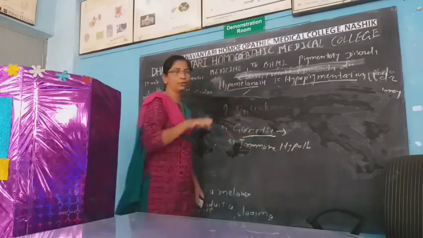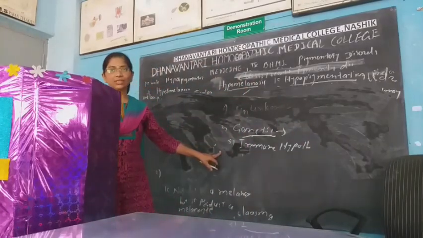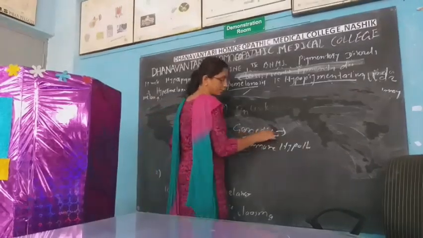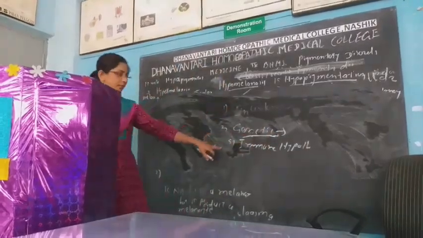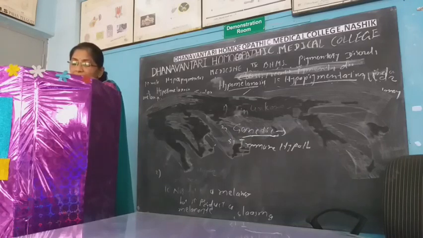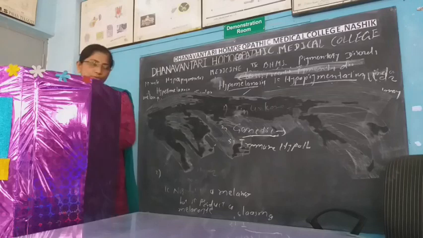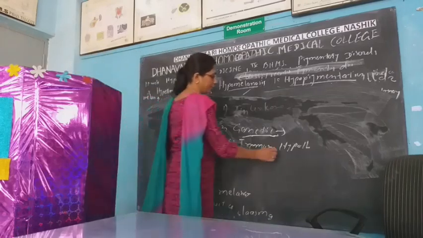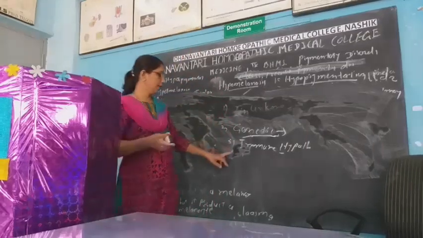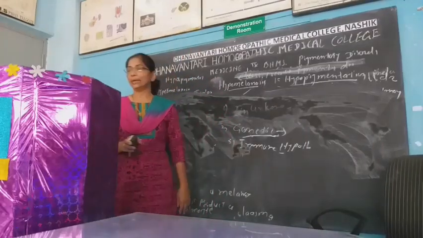The first cause is unknown in most of the cases. Other causes are hypothetical, meaning no proper basis. First is genetic. Family history confirms the genetic cause. Second is the immunological hypothesis. It is considered an autoimmune disorder due to its association with autoimmune disorders, that is pernicious anemia and thyrotoxicosis. So in some cases vitiligo is present with pernicious anemia and thyrotoxicosis. It confirms the immunological hypothesis.